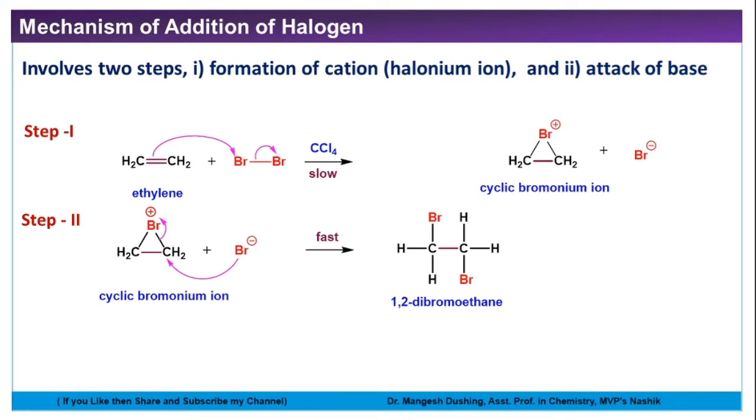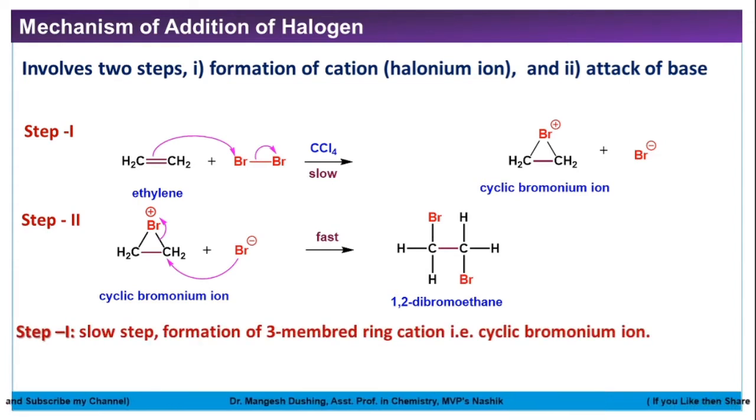Now in the first video, you must have seen that the negative part of the reagent goes to the carbon atom which has less number of hydrogen atoms. So there will be a choice, one major and one minor product. But here it is not like that, see, one Br goes to each carbon. Both are similar atoms, so you can write either one anywhere, no problem. But the second Br is coming from the opposite side, so both Brs are anti to each other, on opposite sides of each other.